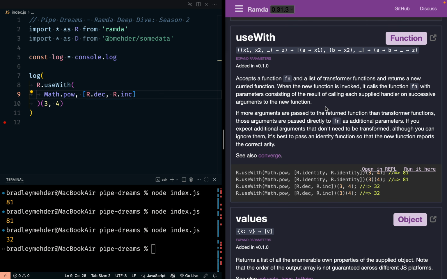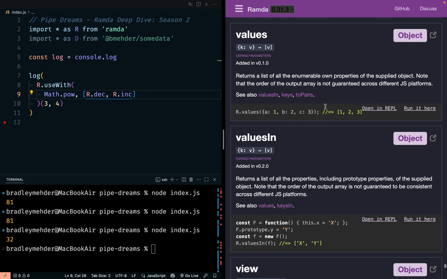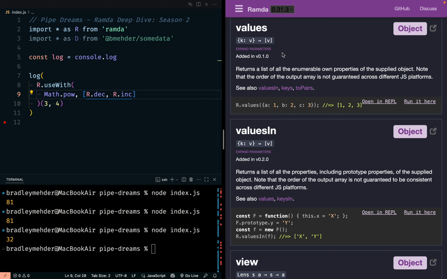So that brings us to the end of the U functions, and we're getting real close to the end now. Values we looked at when we looked at keys. It simply takes an object and gives you the values of the object. Like keys would take an object and give you back the keys, A, B, C. Values gives you 1, 2, 3 in a list. And there's like Object.values in JavaScript. It's similar. Just remember it's only the own properties of the object,